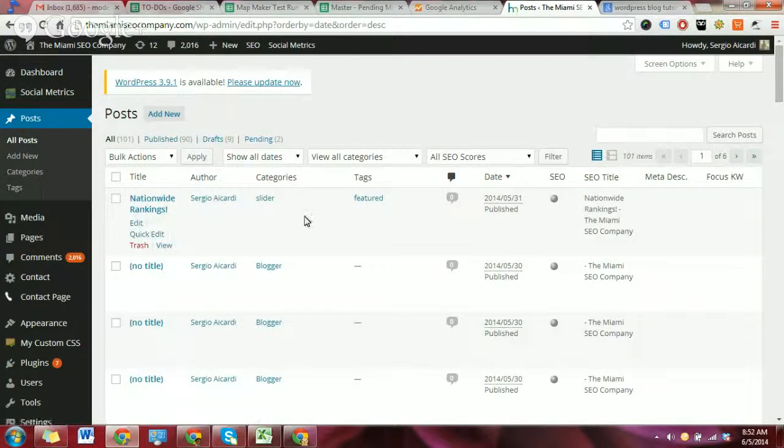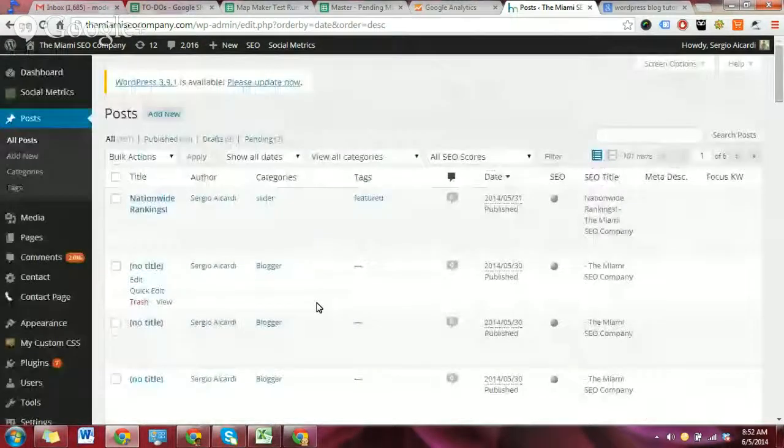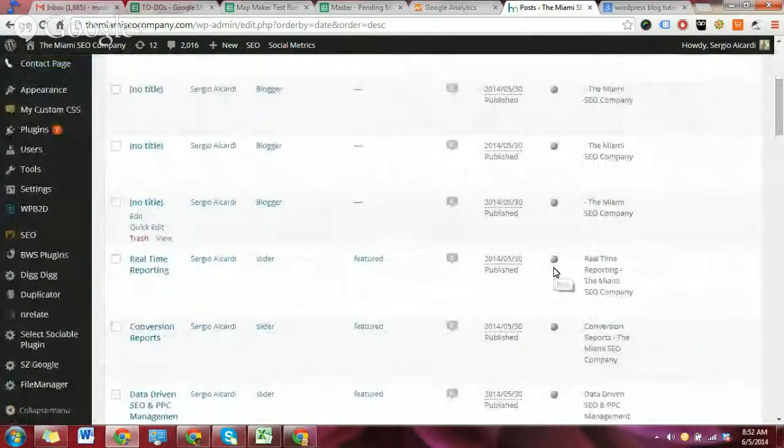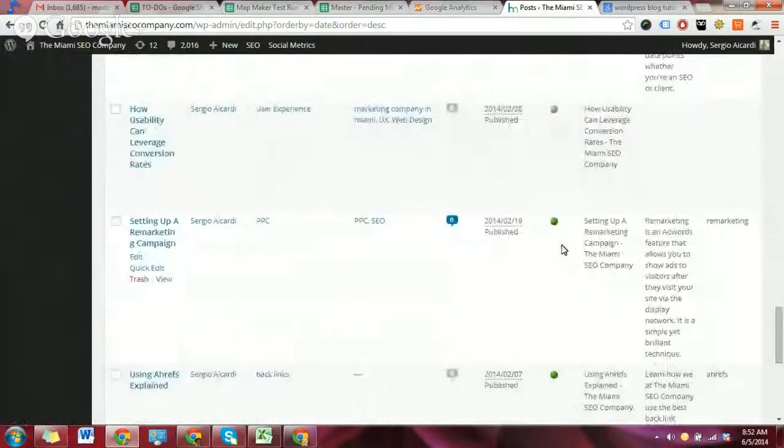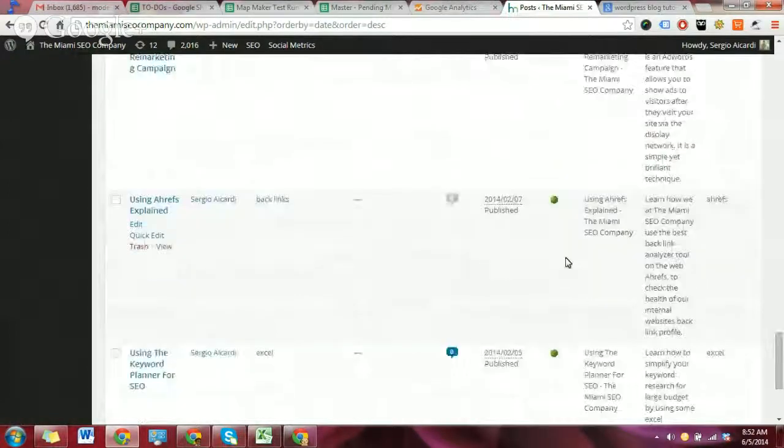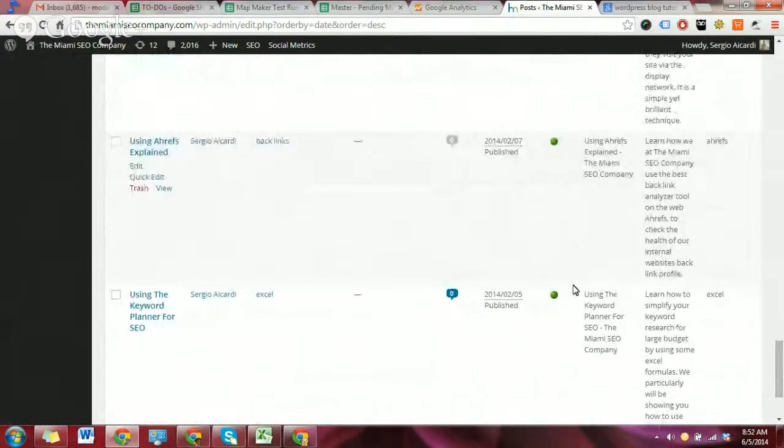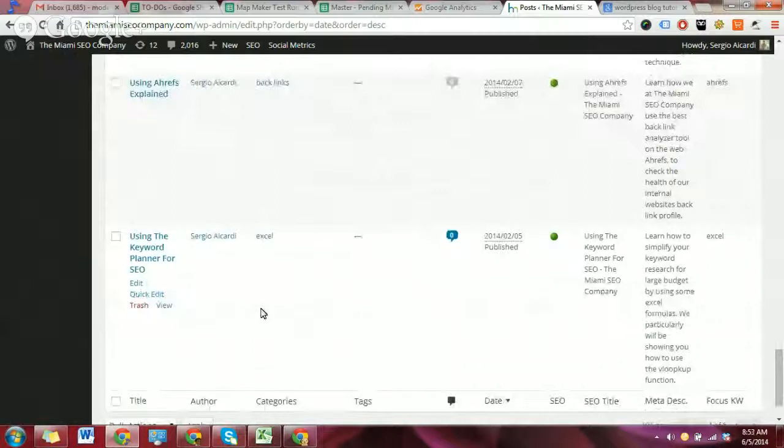That's really all you would need this All Posts page for. You can sort through all published, anything that's a draft or pending, instead of seeing everything all together like we have here. But one thing that's very important from this page, these little SEO circles here, they should be green. The reason why mine aren't green is because the majority of these aren't actually blog posts, but I won't get into explaining what that means. For client purposes and for the purposes of content writers using this back end, you would always want these circles to be green,